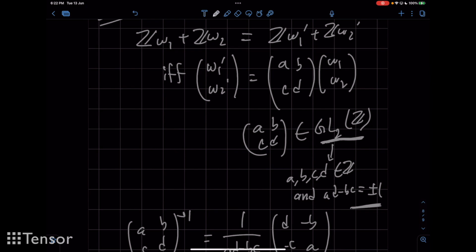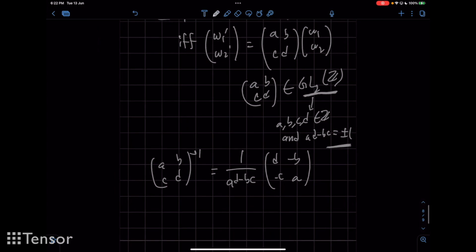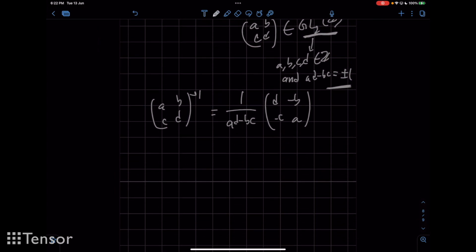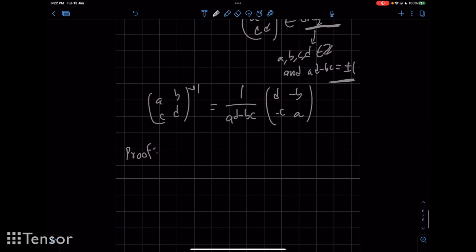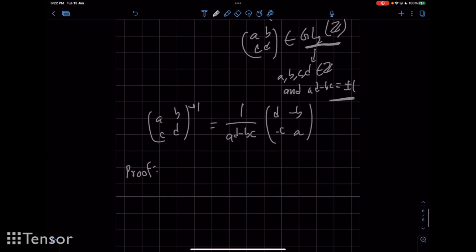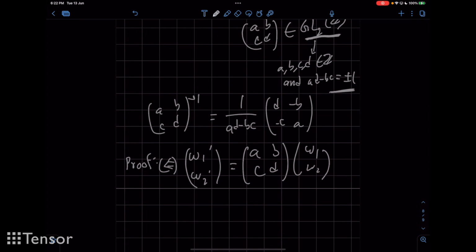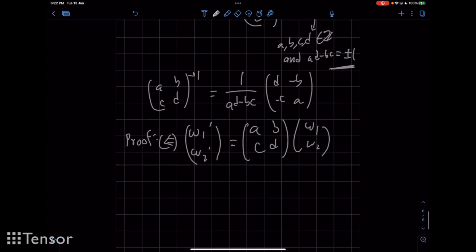Okay, but what is the proof of this? Let's try to prove this. Suppose omega 1, omega 2. So right now we are proving this direction. We are assuming this condition is satisfied, then we'll prove that the two lattices are equal. So if this is satisfied, then